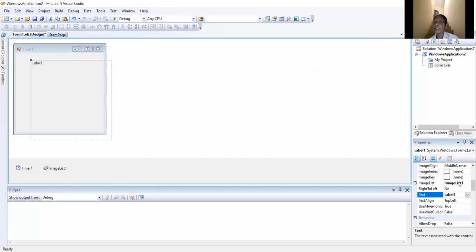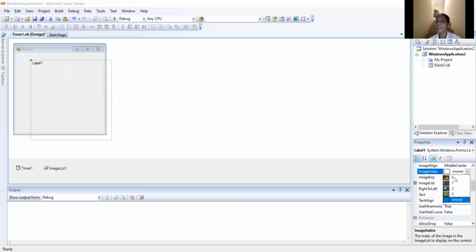Another property is ImageIndex. Here click the down arrow. The 4 images listed in the image list box will be listed here. Now we have to choose which image will be displayed first in the label box. Here the images are indicated as 0, 1, 2, 3.